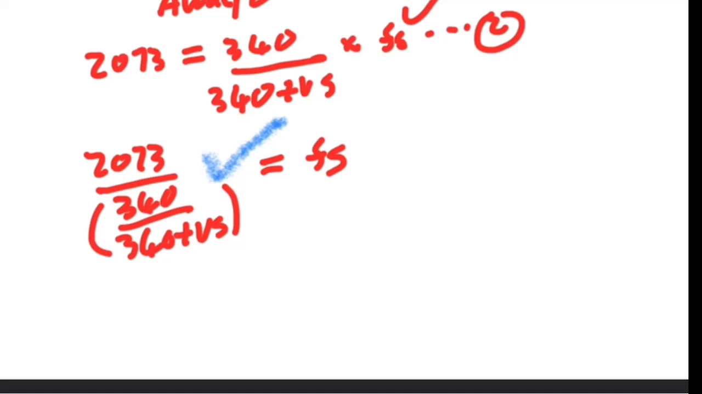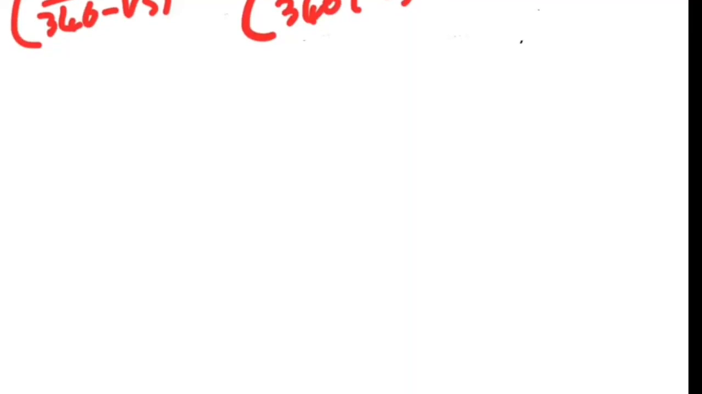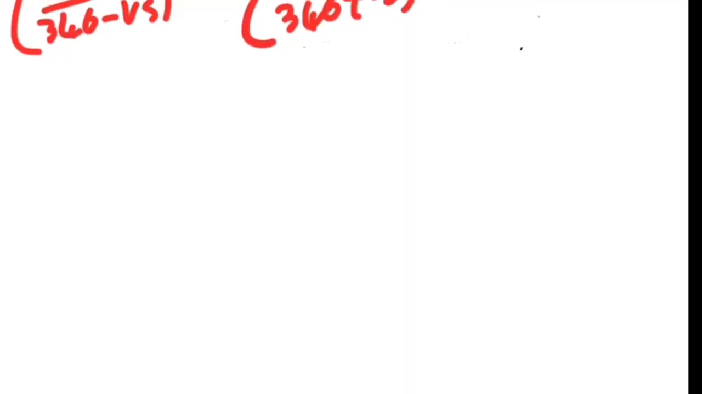This is equal to 2073 divided by 340 divided by 340 plus Vs. Right, yeah, the physics is done here. We're just solving the math equation, to be quite honest. So how can you solve this? Let's start by cross multiplying. If you cross multiply, I'm going to get